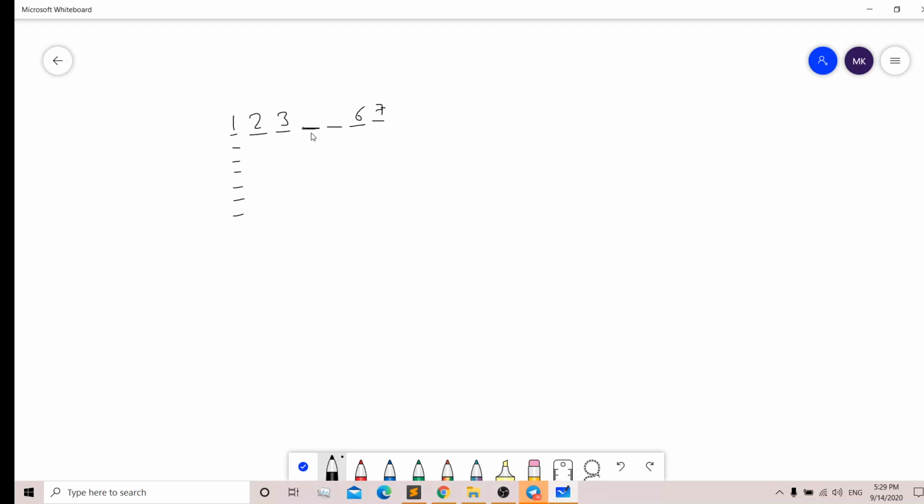Now we have 1, 2, 3. There has to be 4, but there is a different value.